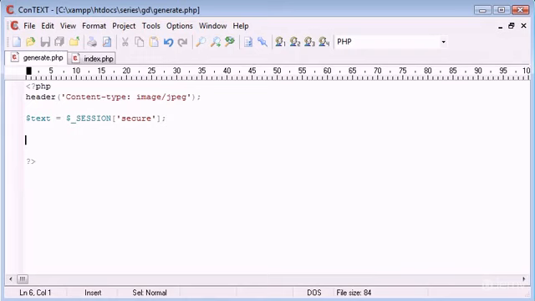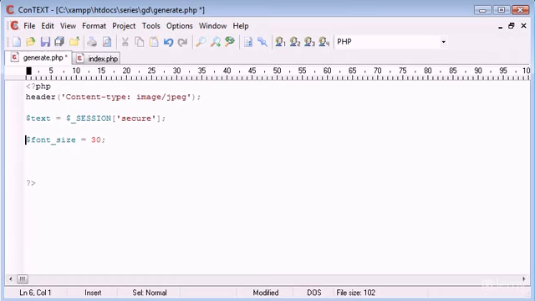Well, we need to create a variable with our font size. So bear in mind this is experimental, so the font size depends on obviously what font you're using. So for now I'm going to set this to 30, but we might want to change it later on. What we also want to do is set the